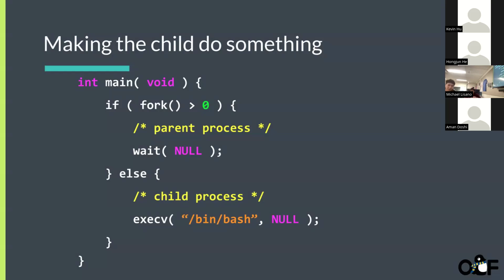Sometimes we want to make our child processes do different things compared to the parent processes. We can see this when you have one process that wants to keep running bash, while the child process should open neovim or something. Then you will say if the fork is greater than 0, then you do this parent process. Otherwise, you do the child process.